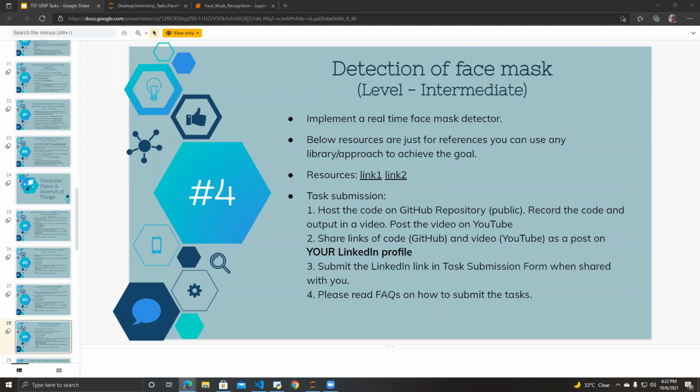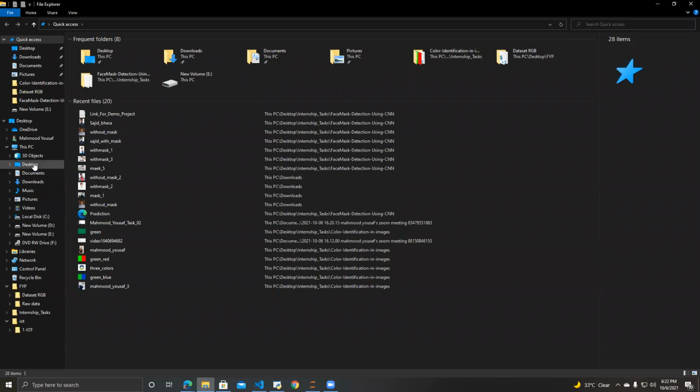So I did this project in the lab of my artificial intelligence course. I will demo this project. Let me first show the data set we used for our training.